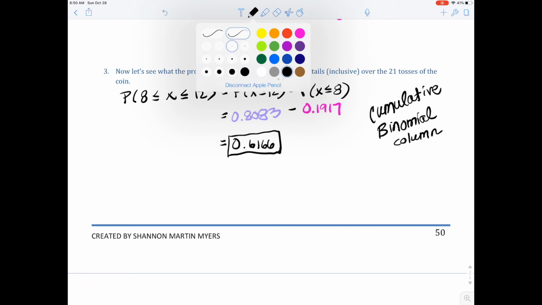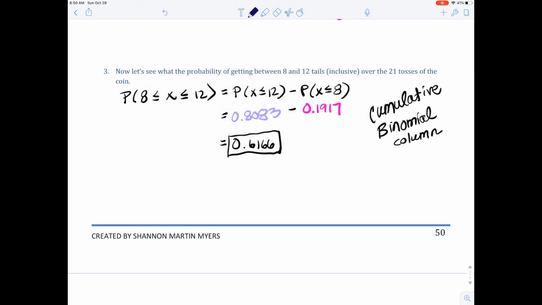So our standard normal is finding a different probability, is it not? So this one, approximating with standard normal,